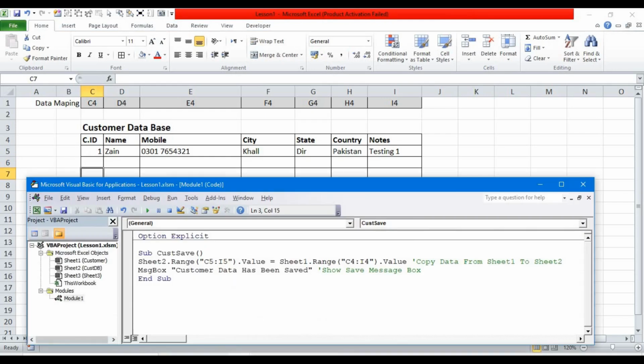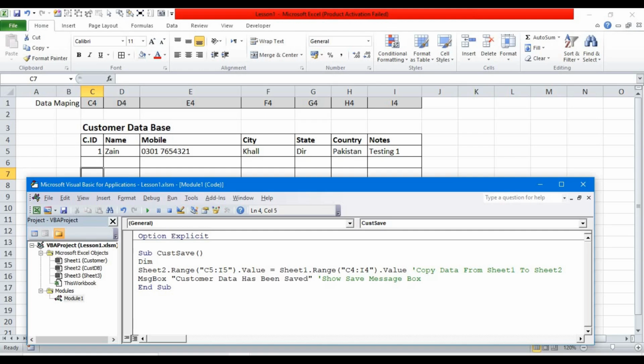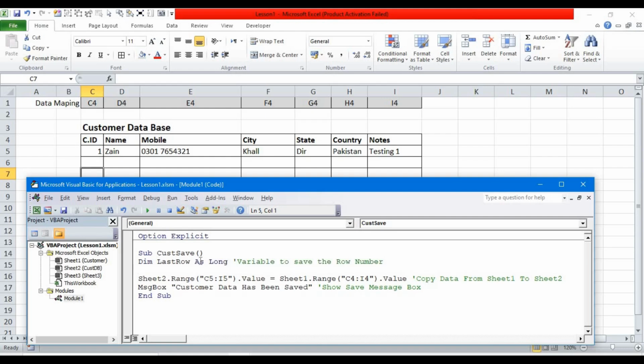First of all, I'll create a variable, Dim lastRow As Long, a variable to save the row number. And let me show you. For that purpose, we'll write a line of code: lastRow is equal to Sheet2.Range, not A,